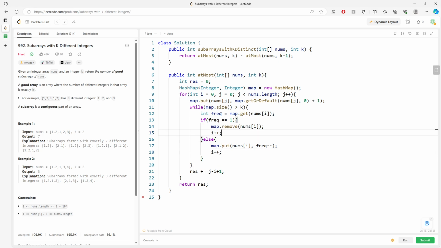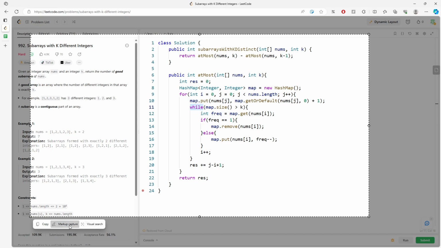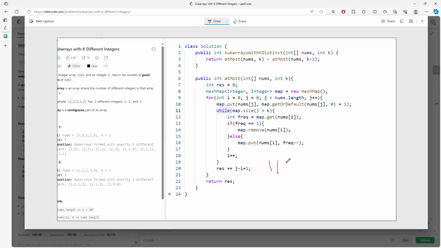So if you notice they are the same, you can actually copy this down and then get rid of this. You want to use a while loop, because what happens if you have this array? Let's talk about this 1 1 2 3. In this case j will become here, and k equal to 2, i equal to here. So in this case 1 1 2 3, you will come to this while loop,